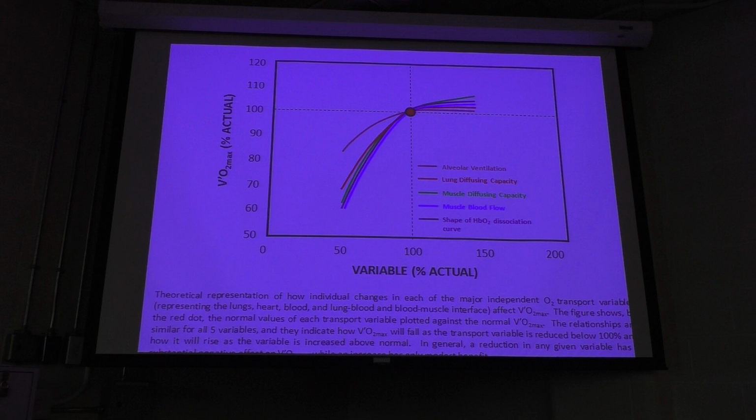So think about this in terms of your training adaptations. I've been training my ass off for 1.5 years and I hit a plateau. Yeah, because there's a plateauing effect. You have to have very dramatic changes in any one of these support systems to get a small measurable effect on VO2 max. But you go through a few weeks of bed rest, or you, heaven forbid, suffer a disease